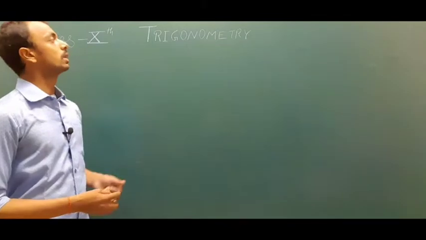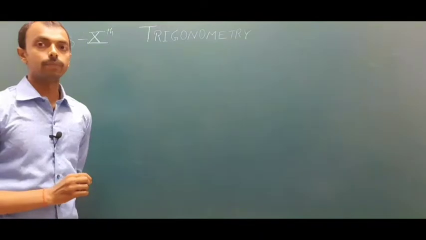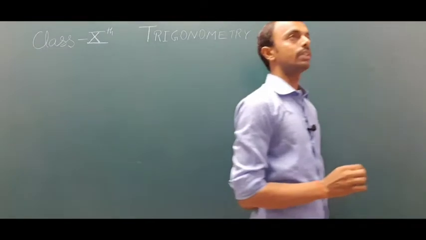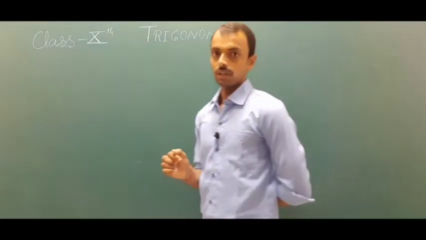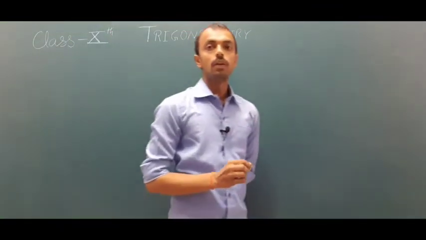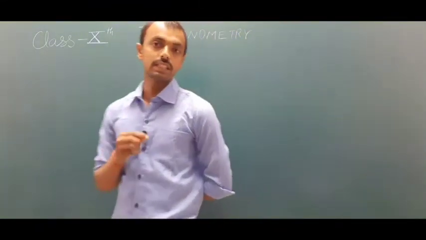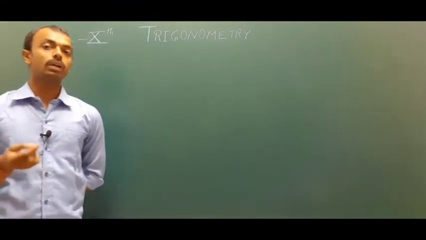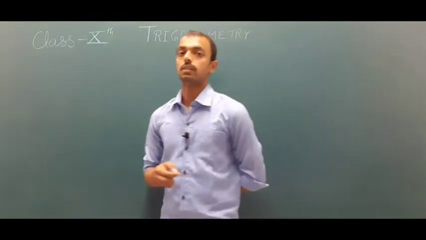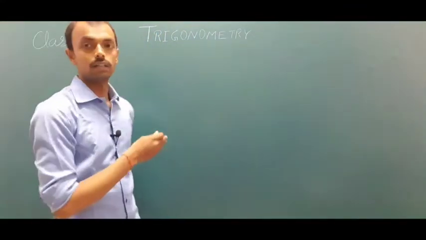If you split this word, you will get its meaning. What is the meaning of tri? Tri means 3. Okay. Gon means sides. You have studied polygon, so from there, gon means side. So trigonometry means measurement. In this chapter, it is clear that in trigonometry, we have to take measurement of 3 sides. And you know that one figure contains 3 sides, and that is the triangle. Okay, so we have to measure the sides of a triangle.